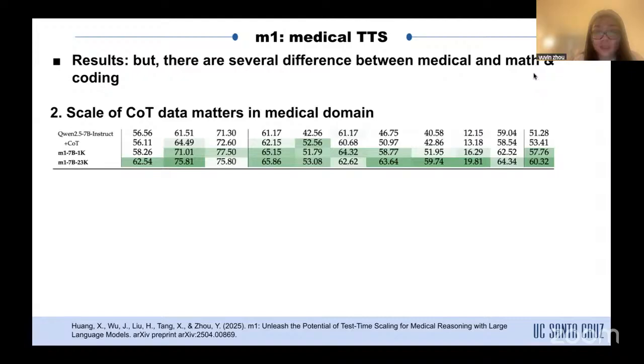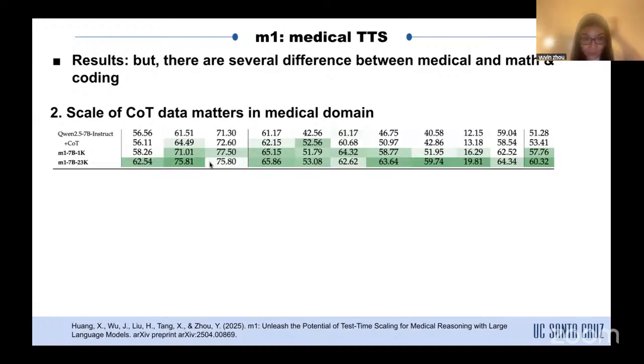And also, we find that in the medical domain, the scale of the COT data matters. Previously, remember in the S1 paper, they have shown that 1K data is already enough. Further improving the scale of the COT data used for self-supervised fine-tuning is not going to further increase the performance. However, in the medical domain, we find that using 23K to do the self-supervised fine-tuning, compared to using 1K, actually still increased the performance by a large margin. So this shows that the scale of the COT data matters in the